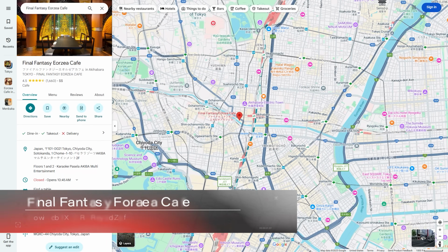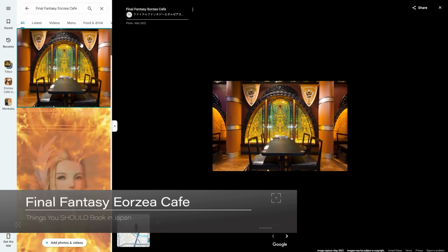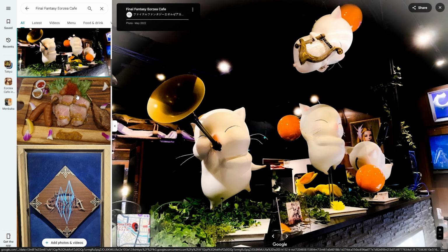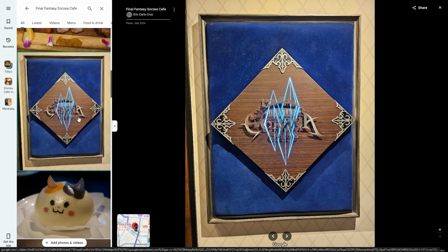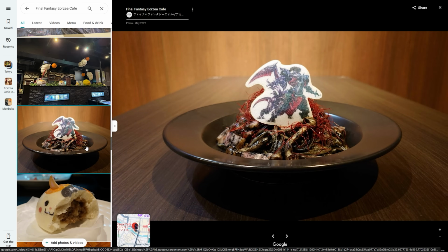The next spot is the Final Fantasy Eorzea Cafe. This spot is themed after the game Final Fantasy and has a neat menu with food and drinks all charged in gil, the currency of the game. Food here will set you back between 990 to 1,980 gil or yen, while drinks are mostly around 880 to